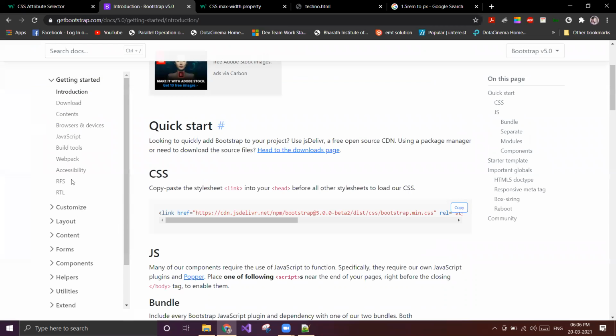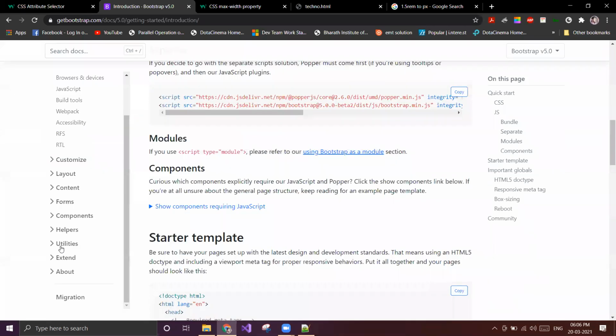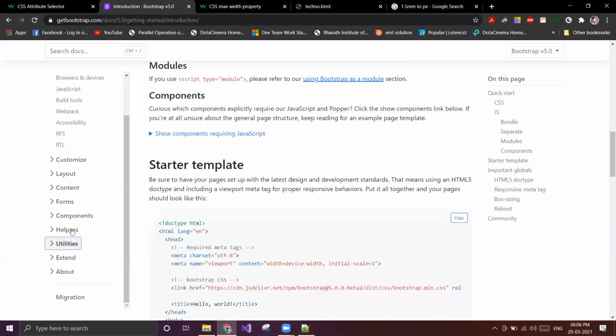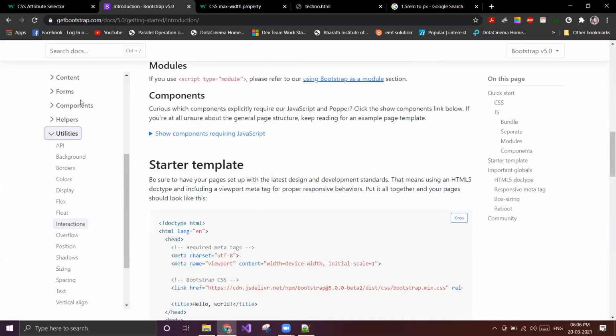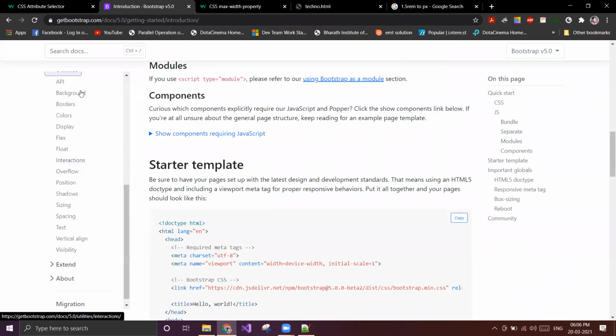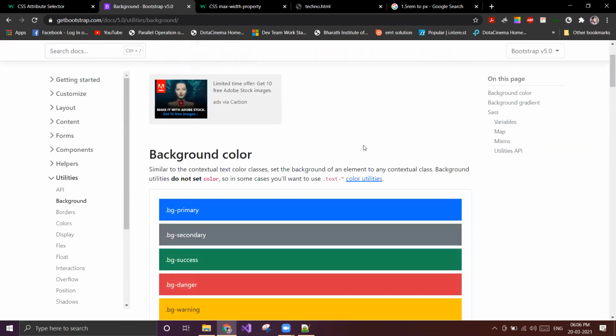We'll start the utilities. What are the utilities and how to use them? The first utility that we have here is background.